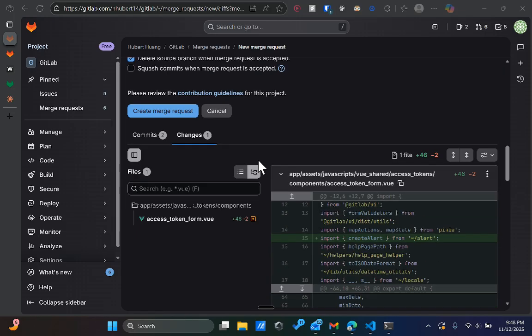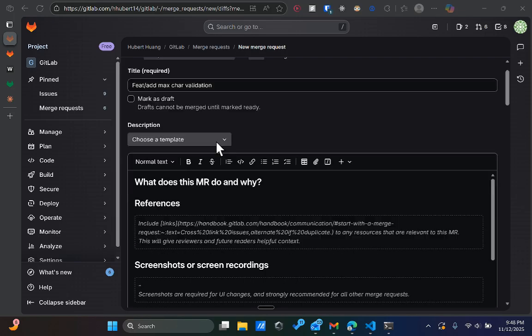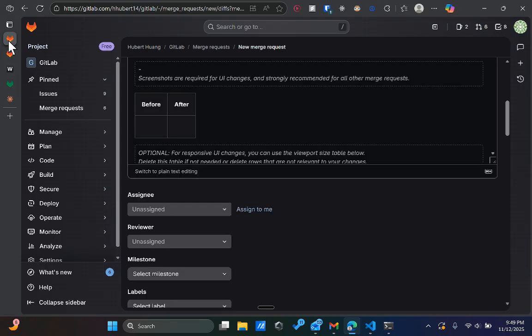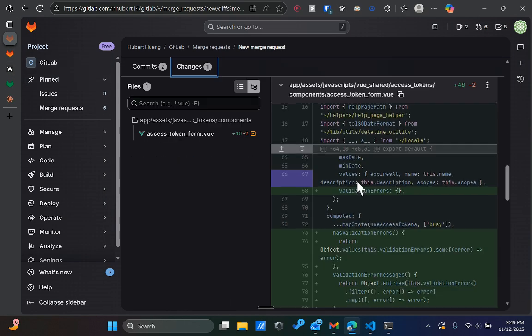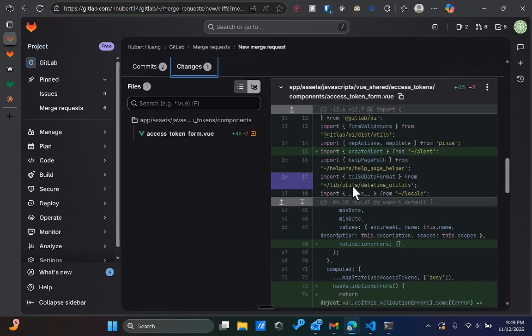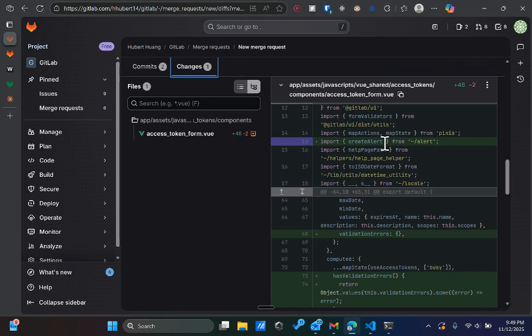So this is just a walkthrough of issue 9, which was about adding a maximum character validation to the personal access token description. If we look at the code, I only updated one file here, but just walking through the code,